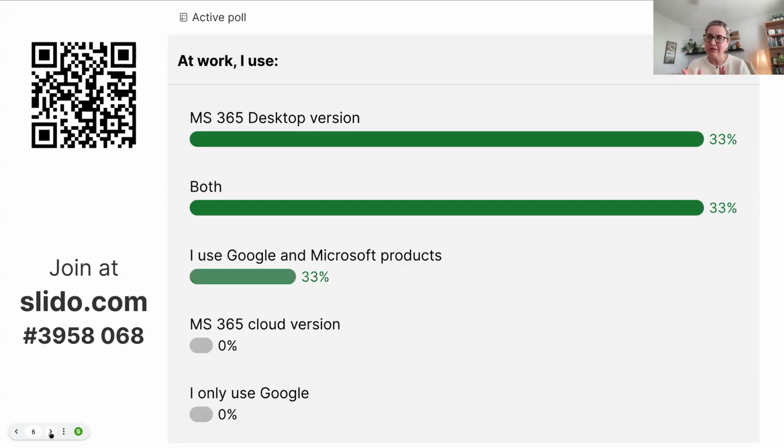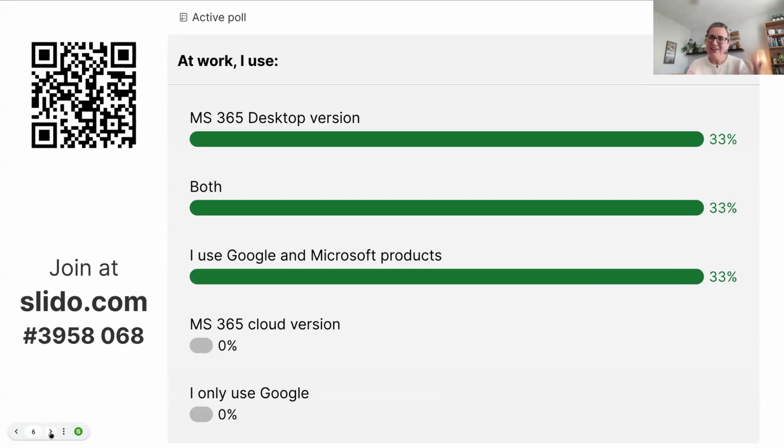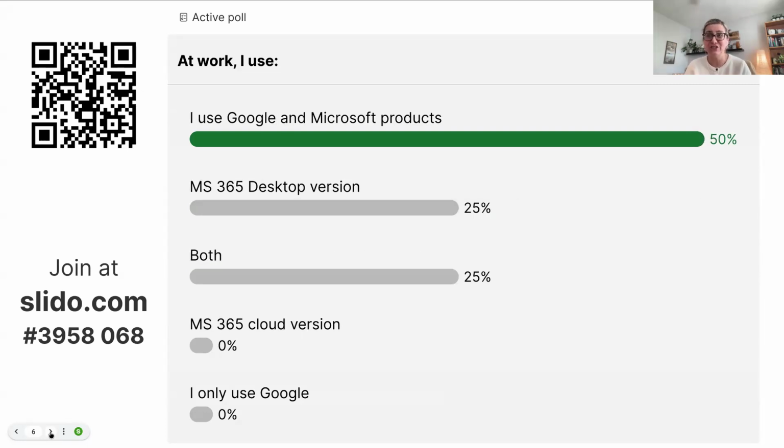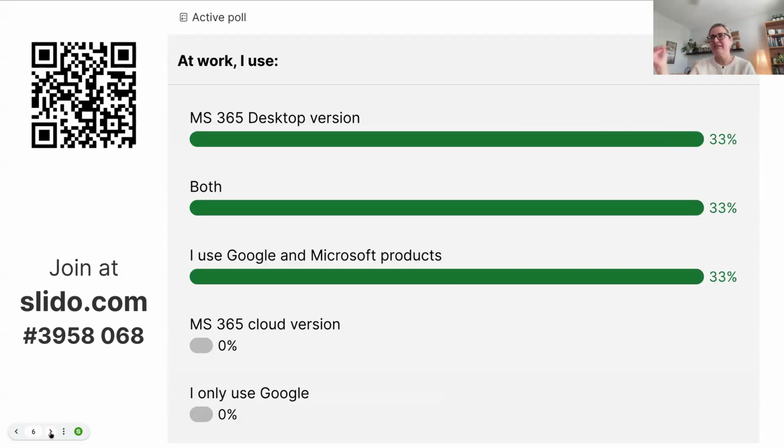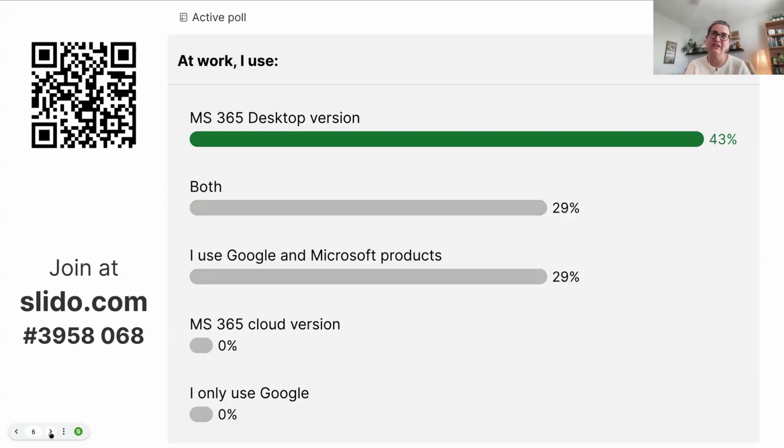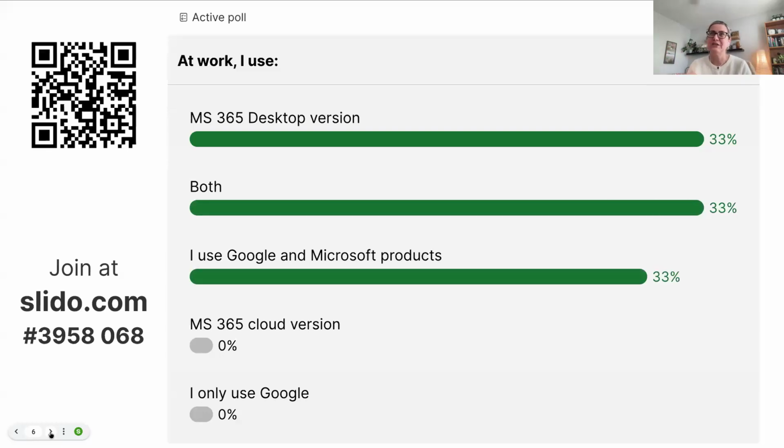I'm going to give you 1 or 2 minutes just to answer. As you can see, some of the answers are coming in and then changing, because the system is based on the number of answers, so it displays the information in a different way. As you can see, at least for now, many of you are still using the desktop